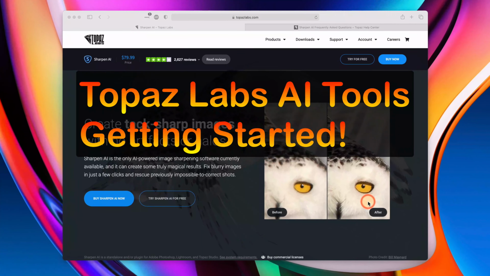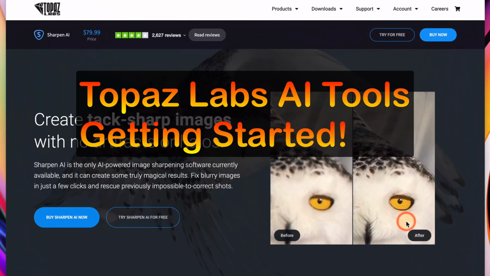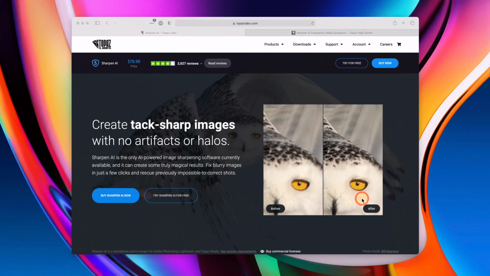Though I had been trying out the Topaz Lab tools for a while now, I was undecided on the purchase because of their packaging. I was looking to get all the AI tools, and that finally happened on their Black Friday sale in 2020. In this video, I will share some general points when using the Topaz AI tools and how to go about that from Lightroom as well as Photoshop. And let's take a look as to where one should start.